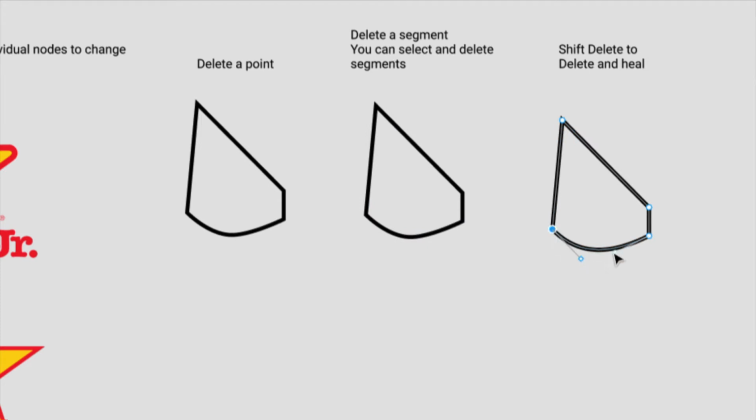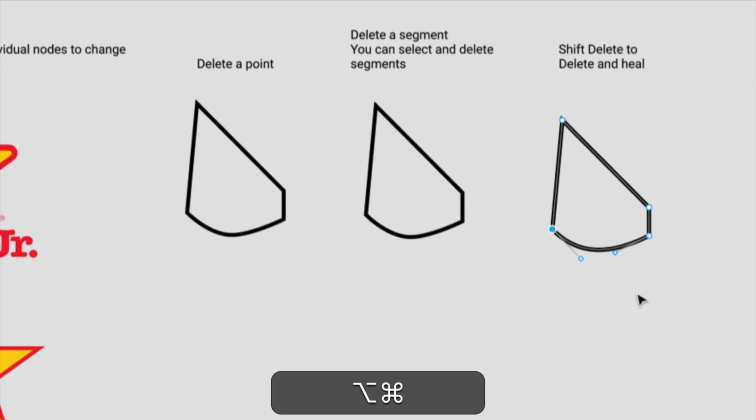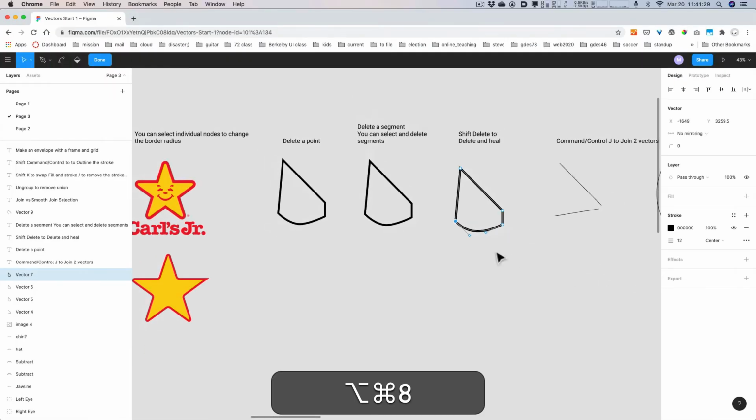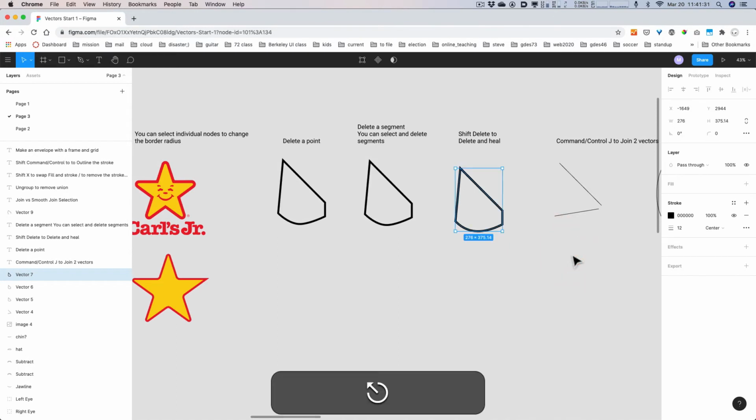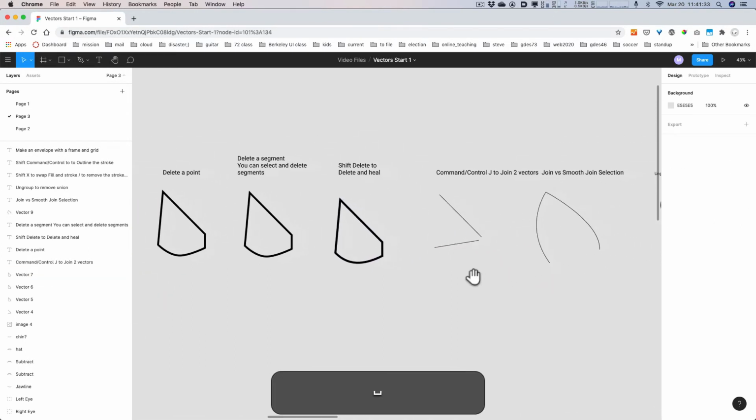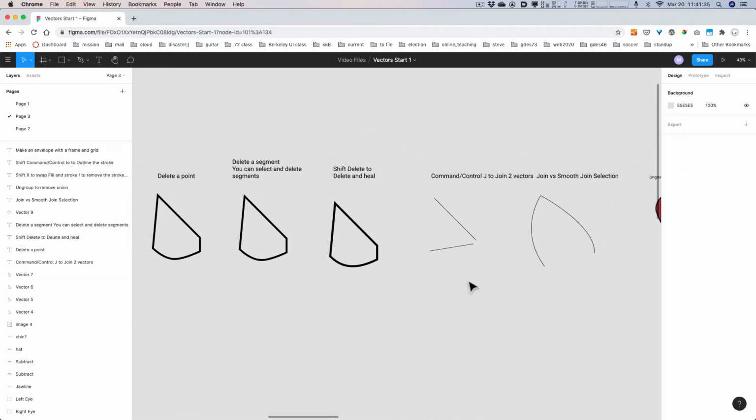So it's pretty amazing. It kind of figures out, okay, if I don't have this point, what do I do? Oh, I'm going to have to adjust these guys, and it basically looks the same, right? So you can get rid of points, is the long story short on that one. Maybe not as exciting as I made it sound, or maybe it's even more exciting. I don't know. Okay, so